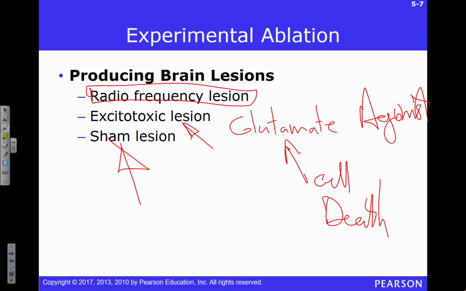We are going to be injecting something into the brain. So we're going to have to put a syringe in there, right? And that syringe is going to take up some space, and that's going to cause some damage going in and coming back out, right? And so we don't want the results of our studies to be just because we jabbed the brain with a metal stick. So we have to do a sham lesion as well, too. Usually we'll just squirt in some saline, which is really just salt water